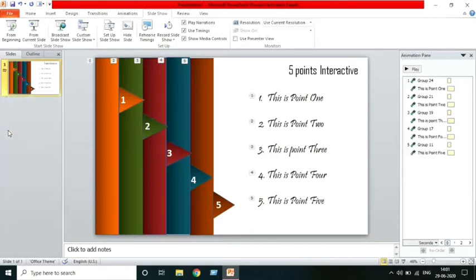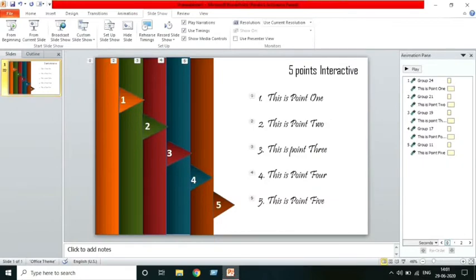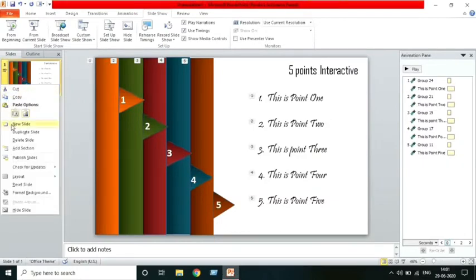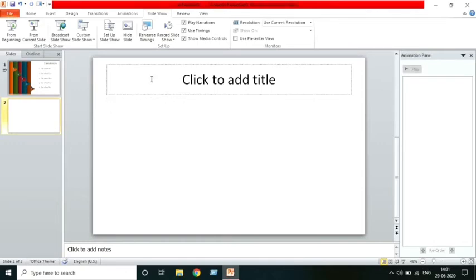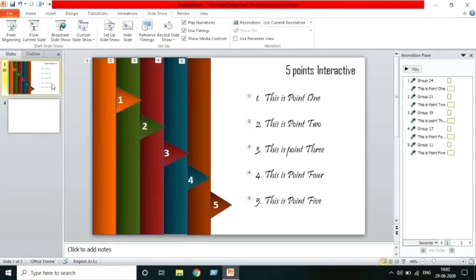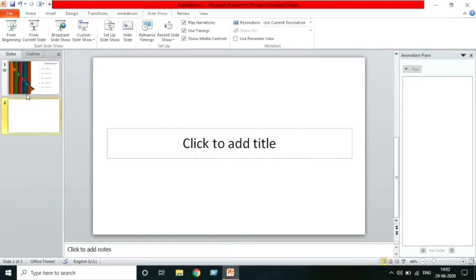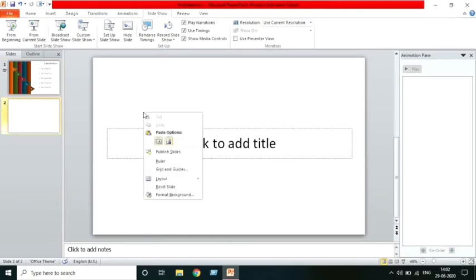Simply click on new slide here. Okay, new slide. Remove all this, hit the delete key, and it will be removed. Take it to the center. Now one more thing you need to keep in mind: whatever color you have taken for each point, we will keep the same color here for the slide. So for example, we are doing this for slide 1, so for slide 1 we will do the same.